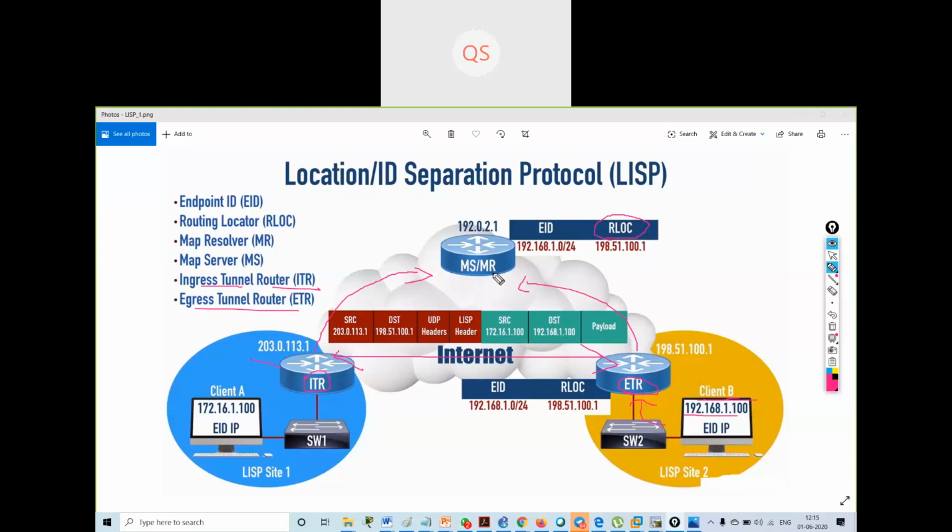Now the map resolver has the information that one.network is at 100.1 RLOC. Okay, so